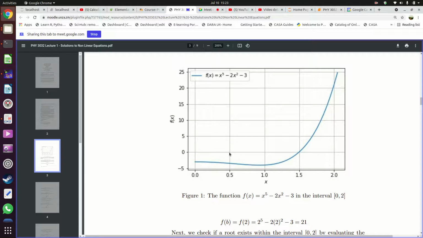So you always have to choose an interval in such a way that you are sure this function is going to pass in between this interval. So the interval, this bracket you're choosing, you have to make sure that the function passes in between this bracket. If you choose a bracket or an interval in which the function does not pass, then even if you use it, you can't find an answer.